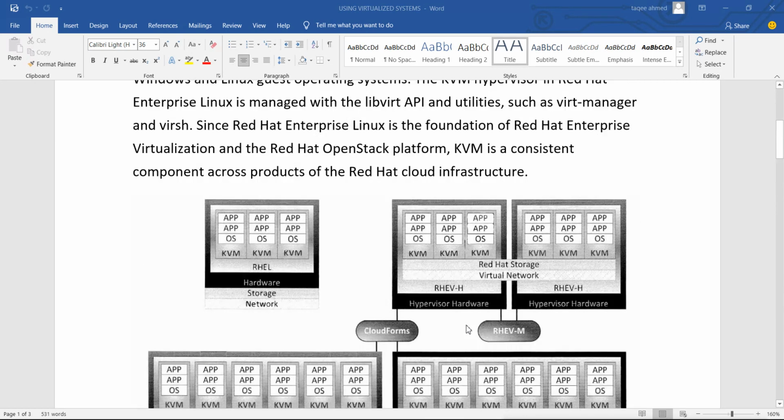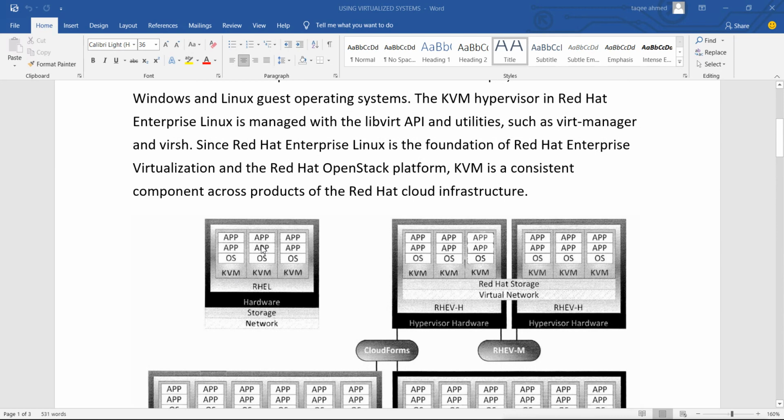This is the classic operating system where we can install. It is also called a thick host, where we have an operating system which also manages its own services and also manages the virtualization. On the other hand, we have the RHEV virtualization hypervisor, where we can install.